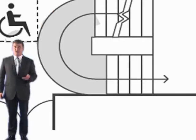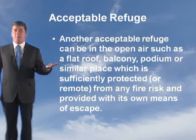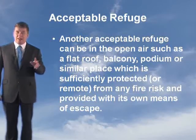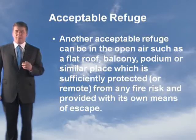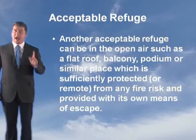Another refuge is shown here in a protected lobby, protected corridor or protected stairway. Did you see that person, that wheelchair, that refuge there is not impeding the flow of people. It's not reduced the flow. Another acceptable refuge can be in the open air, such as a flat roof, balcony, podium or similar place which is sufficiently protected or remote from any fire risk, and it's got to be provided with its own means of escape. So once they're there, there is still an adequate means of escape to get outside, and it must be